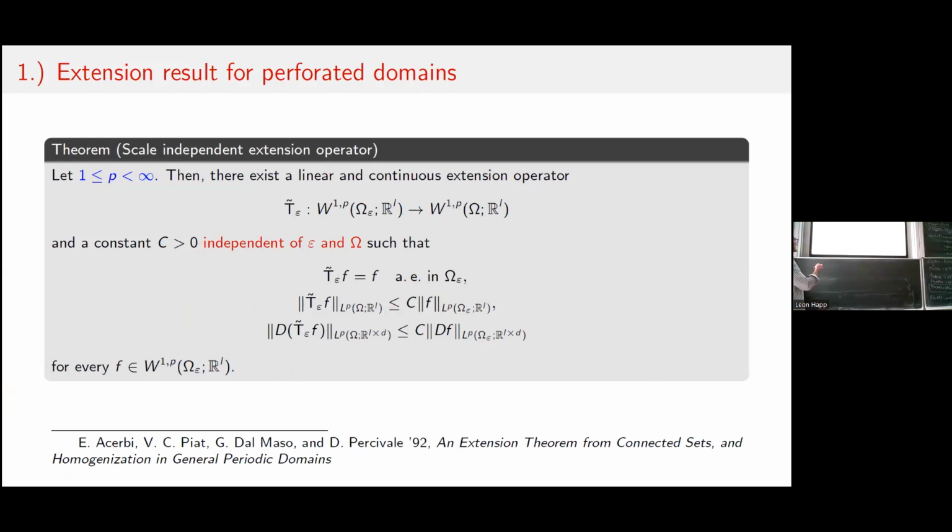So it's the same result as before, but note that here, instead of the target manifold, we just have the Euclidean space. And even if you plug in your target manifold here, you will lose this condition on the right-hand side. Because for their construction, they look at the unit cubes. You basically cover the boundary of your hole with an open covering. You take some subordinated partition of unity on each of the covering sets, you extend to the inside, multiply with the partition of unity, sum everything up.